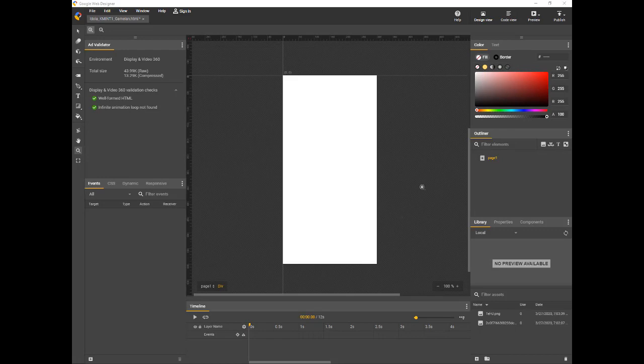Okay, now we are going to start making our advertising using Google Web Designer. If you remember, in our previous meeting before the midterm, you already made a scenario of how you want to make your advertisement. Today we are going to learn how to make the first page of your advertisement.